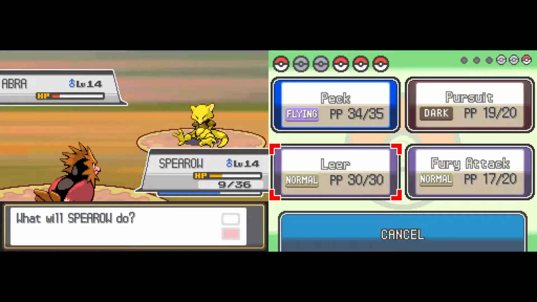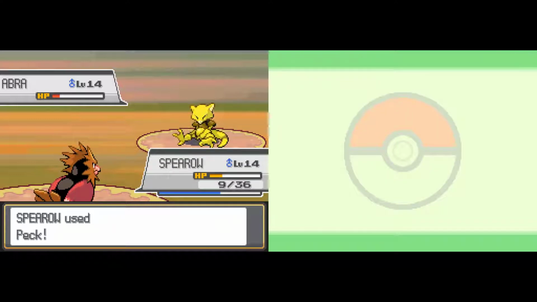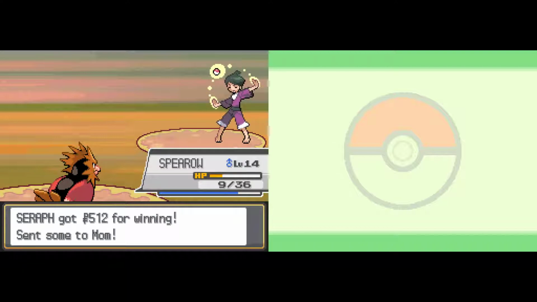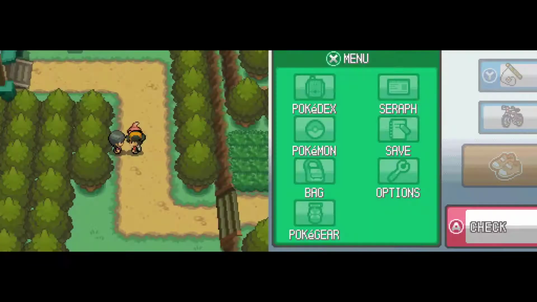It probably knows Teleport, but unfortunately Teleport doesn't really do anything in a trainer battle. In the wild, it allows you to escape automatically, but when you're fighting another person, it doesn't really do a whole heck of a lot. In fact, it doesn't do anything. I don't know if that's changed in the more recent generations, but...